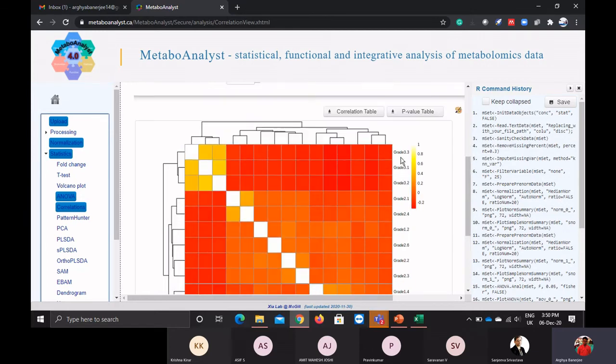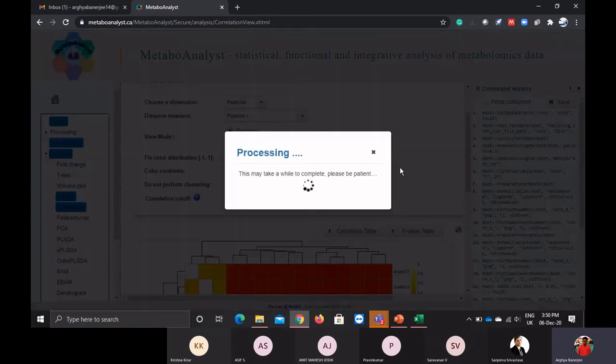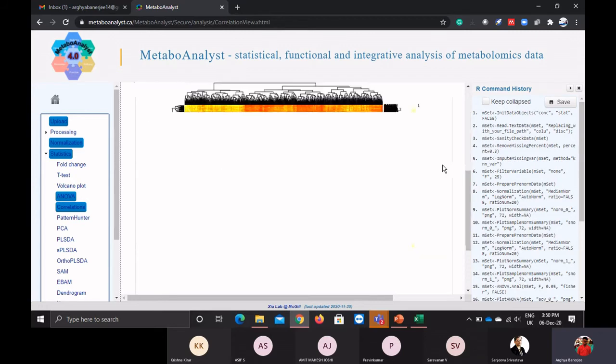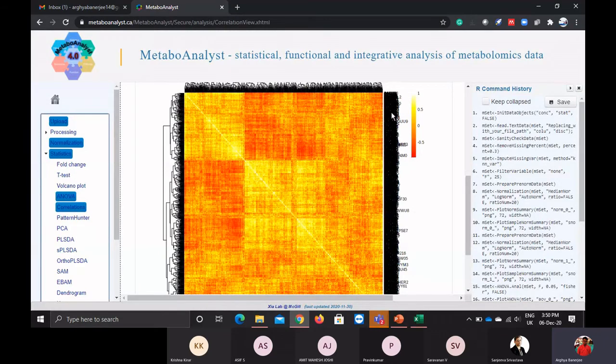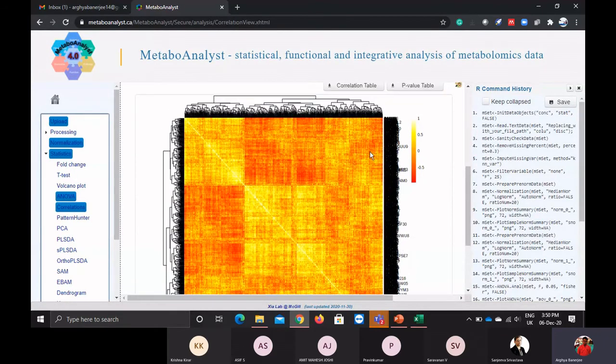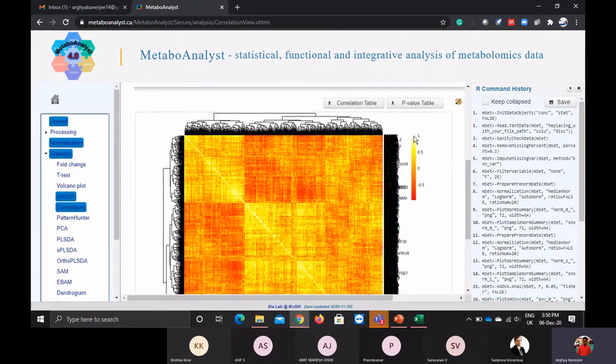So these can be two of the ways. And if you want to understand the features, like the proteins, you can do a summation of this. Just a minute, it will be coming in a time. Yeah, so this you can see is very dense, whatever the 3000 or 4000 features are there. But in a detailed view, you can download the correlation table also and see it individually in the Excel sheet. And you can also download the p-value table, the correlation r value and the p-value.